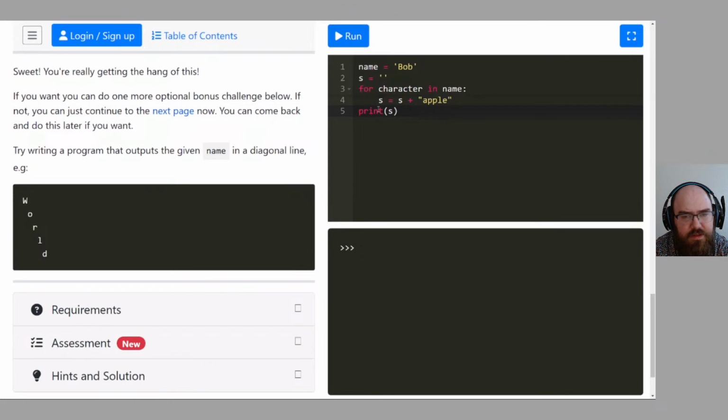All right, run this code. Apple, it's 3 times because of 3 characters in name. Yeah. Okay. What was the point of that? Sorry. Now delete the whole thing.